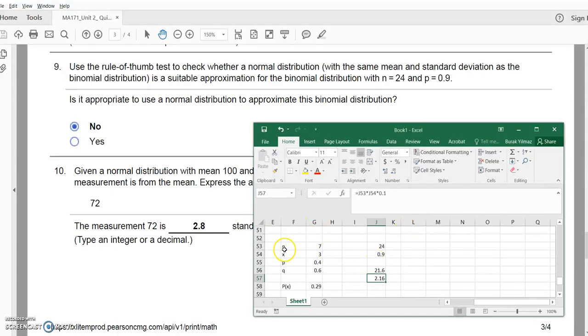So let's check. We don't need these. So the n is 24 here, and p is 0.9, which means q would be 0.1, so it's 1 minus p. And this is the mean, and this is the variance. Mean is n times p, so 24 times 0.9, which is 21.6, and that's actually greater than 10, so that's true. The variance is n times p times q, which gives us this, and on